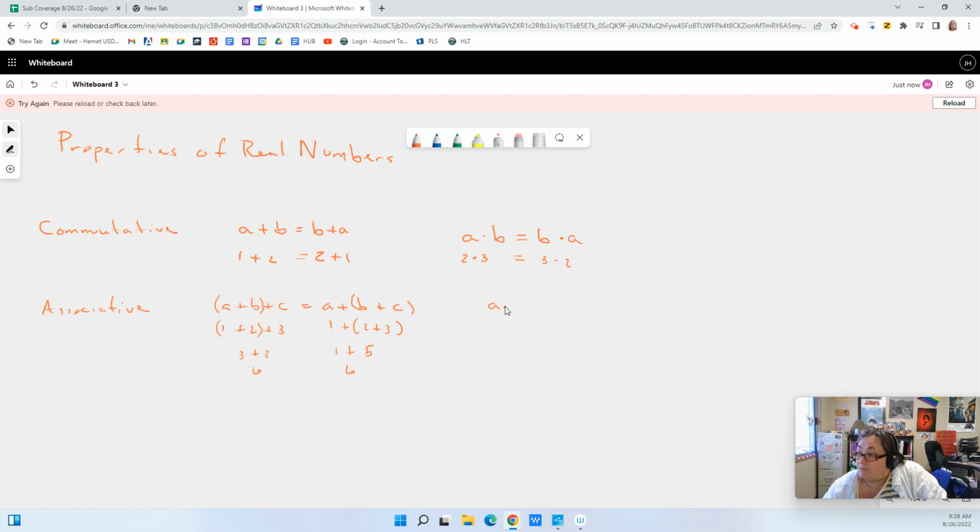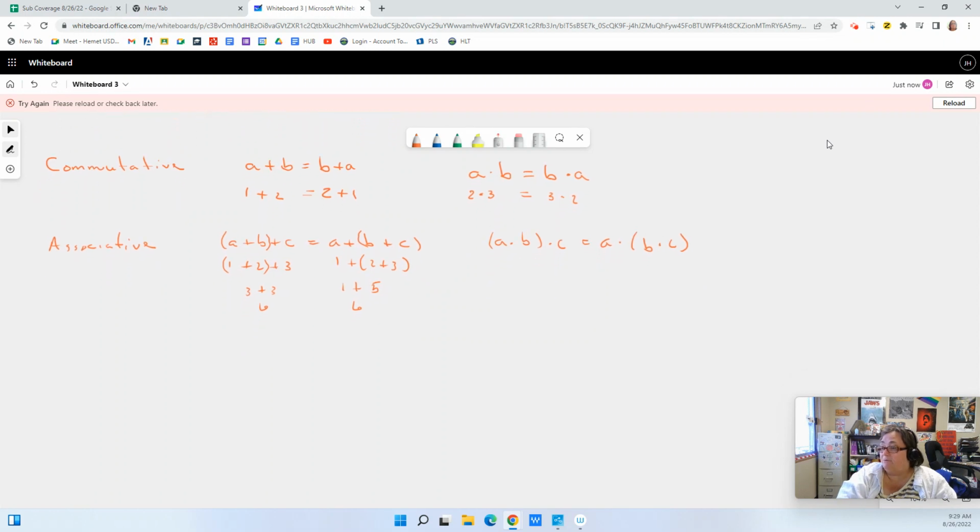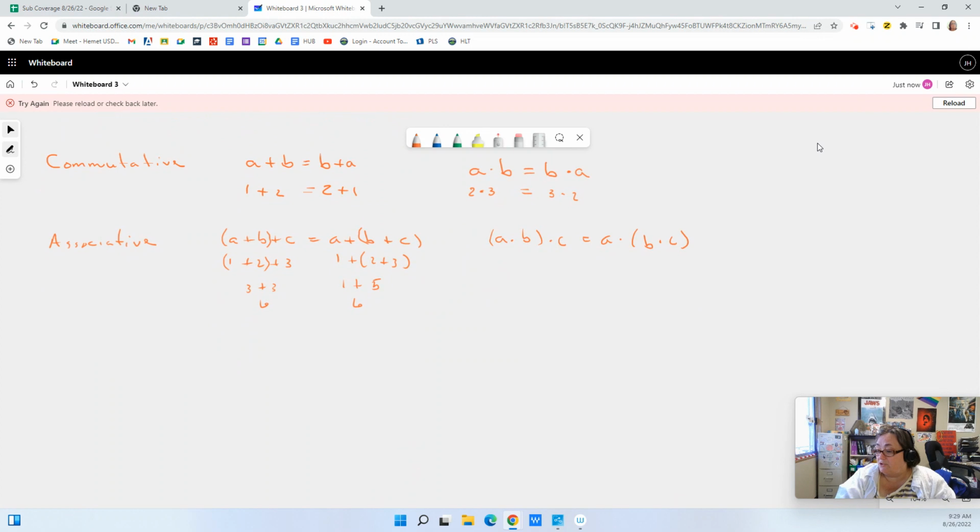And the same thing works with multiplication. If I have A times B times C, it's going to equal A times the grouping of B times C. And all of this kind of makes sense, right? The other properties we're going to talk about are a little newer, and they're things you're going to need down the road. The next one, not so much, but the two after that, inverse and distributive, those will be a little bit newer. But right now, all you have to remember is that commutative deals with order,